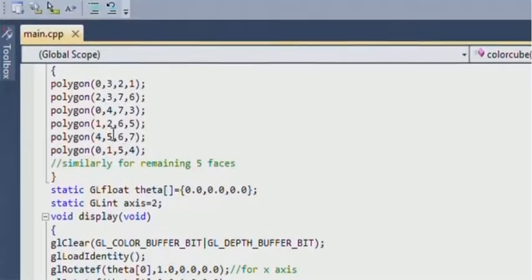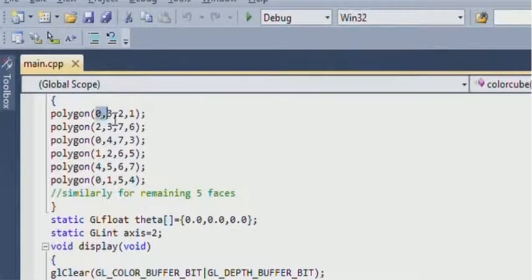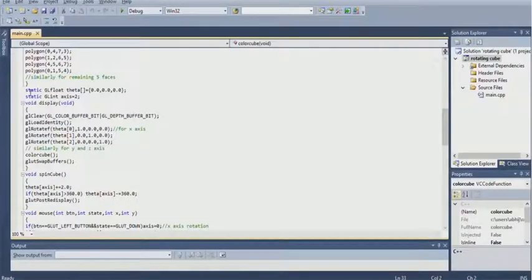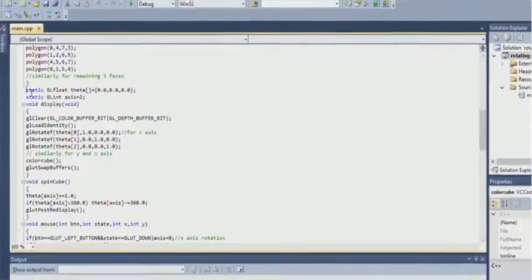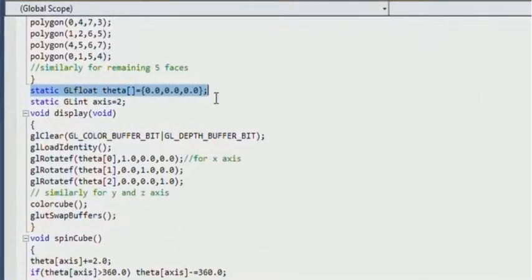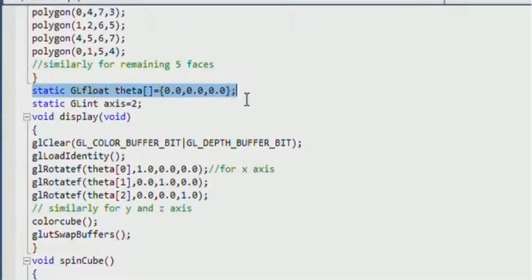Now here the static GLfloat is to mention the angle of rotation along each axis, that is the theta value. The static GLint axis equal to 2, where it can be 0 or 1 also. Here the default rotation is given along the z axis.